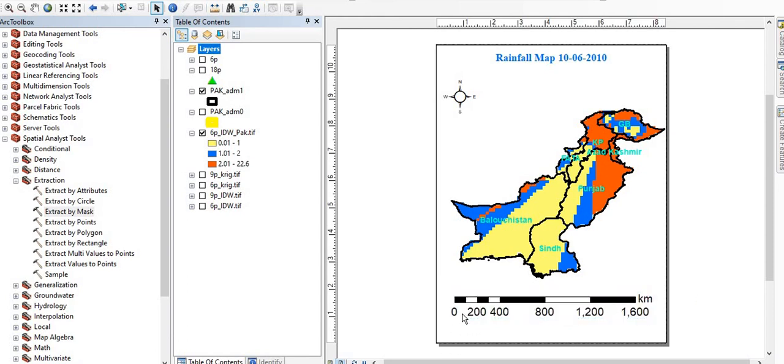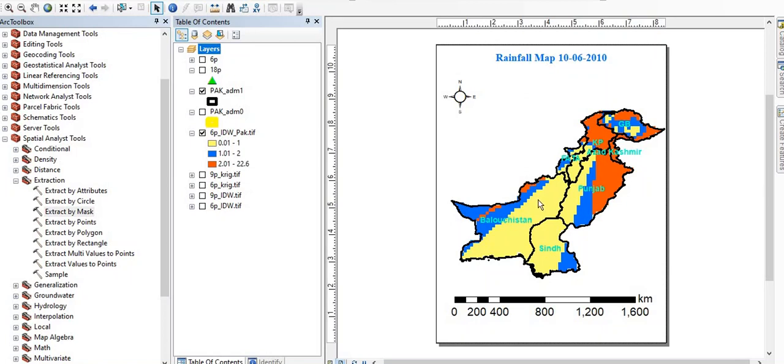So now what is meant by 200? From this first black and white point, if you print this map and measure with a scale from this point to this point, how many millimeters or centimeters it is, then this distance can be relocated from this point. From this point to this point, you have to measure the centimeters and then calculate the distance.